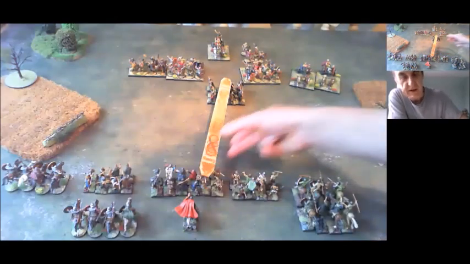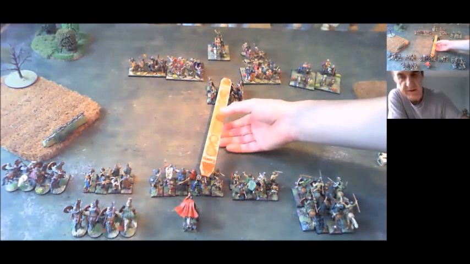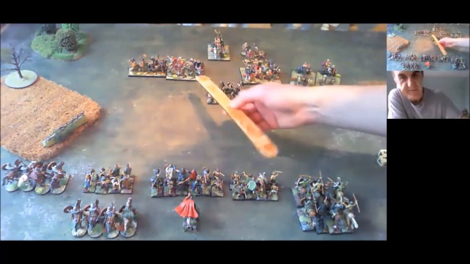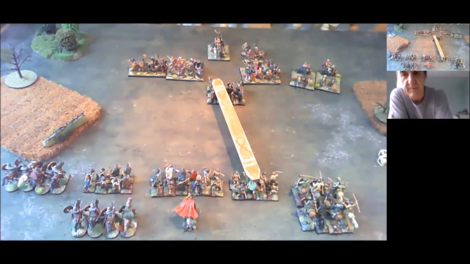Then I'll use their levy activation dice to shoot at the warriors, actually, Graham, the unit of 8 warriors. That one there? Yeah. It has to be that one there. That's the one that's in range. Okay. Yeah. So, let's just...